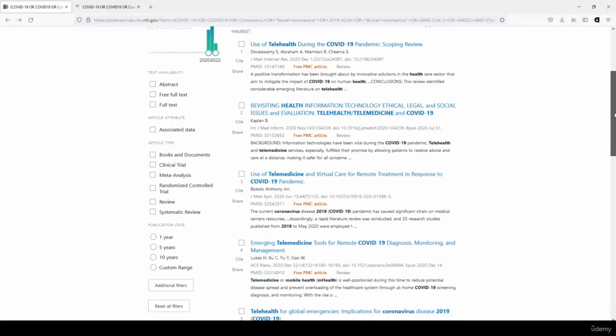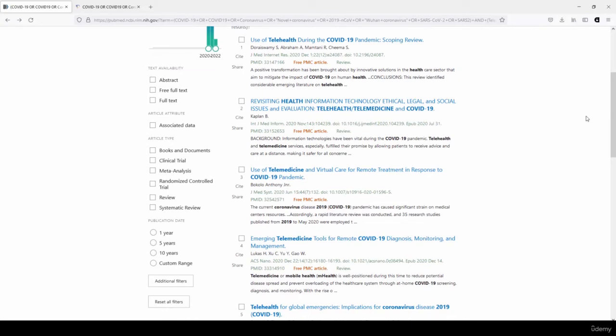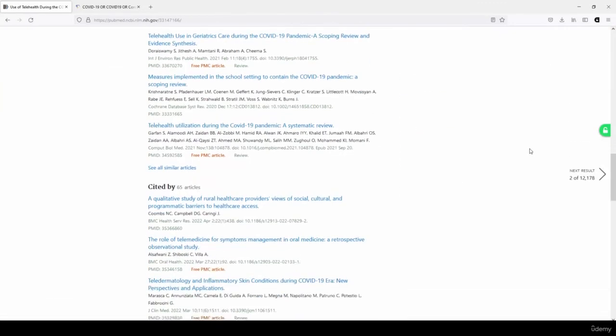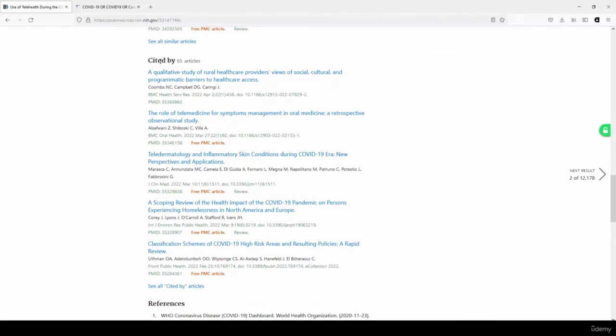In PubMed, if you're interested in looking at the cited count of a particular article, we can click on the title, and then as I scroll down the page, you can see we have cited by 65 articles. So since the article was published, these 65 articles have also made reference to the original article. So it's a great way of finding perhaps more up-to-date research that you wouldn't have found through your keyword searching,